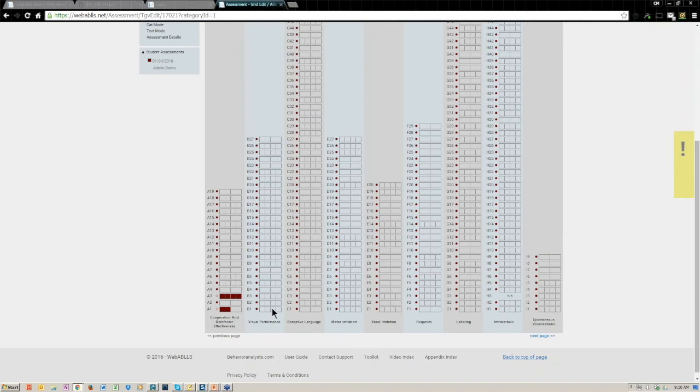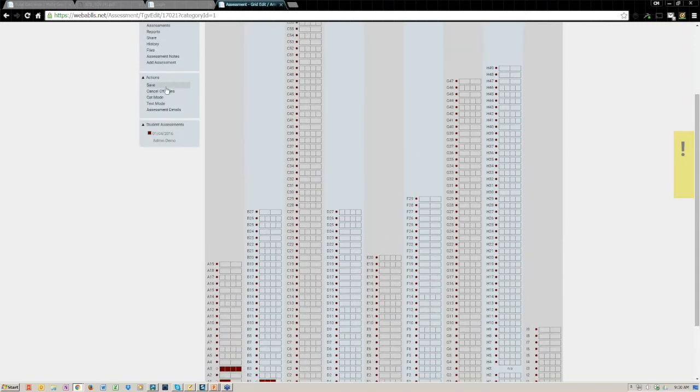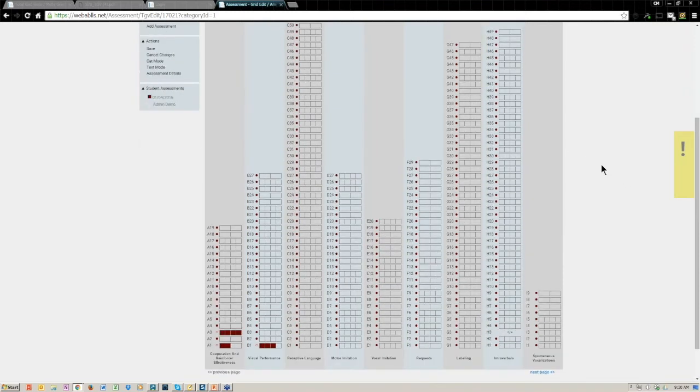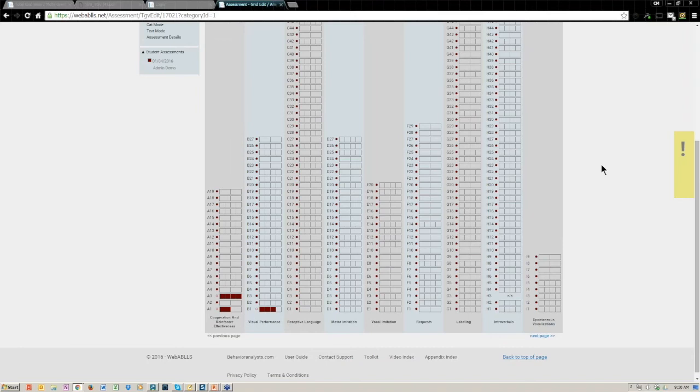So we're going to score a couple of things, and as you may have noticed off to the right here, there's this little yellow save banner. This is a reminder for you to save your data. There's a save link up here in the action panel, but you may not notice that or remember that. So this little save banner will follow you no matter where you are on the screen. And you can just click that and very easily save your changes, and it confirms that by turning green.